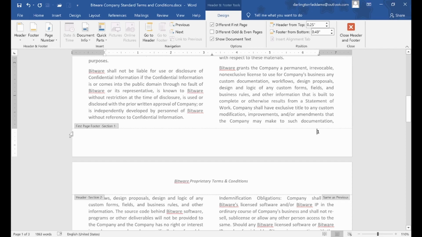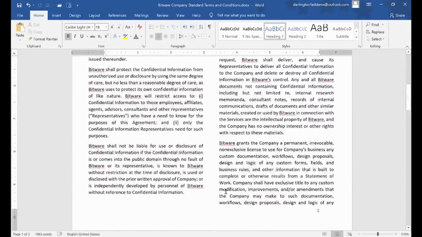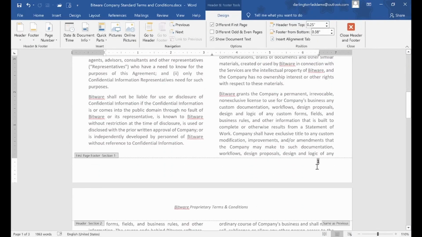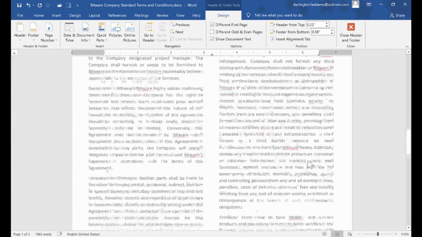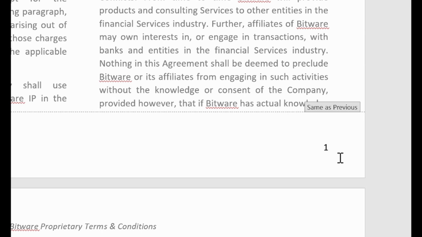I can adjust the position of the page number by dragging the margin, or I can even press enter, or come here, remove the space down here and format it till it looks okay. Please follow what I'm doing. If you check the second page, it's also having what? 1. Please, can you see this? Okay. When you are working with page numbers, we have